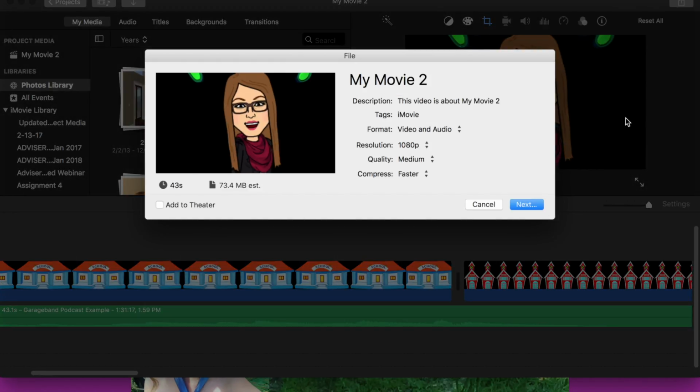So you click File. You'll want it to be set up so that you can see that it's medium. I wouldn't do any more than that or any less than that. I would just set it to medium for the quality. And all of these should be stated about the same. You will need to